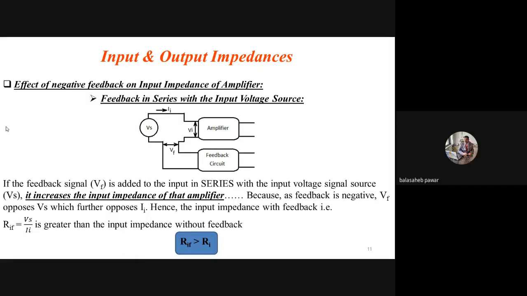Yes, sir. Okay. So see, last time we discussed regarding the effect of that negative feedback on the input and output impedances of that amplifier. Out of these two impedances, first one we covered, and that is nothing but the effect on the input impedance. Okay, so whenever that input impedance is concerned, that is related to the input side, and at the input side of that amplifier, generally we are doing the mixing process, and as there are two types of mixings, that is nothing but series mixing and shunt mixing.